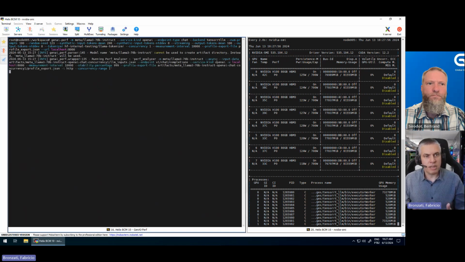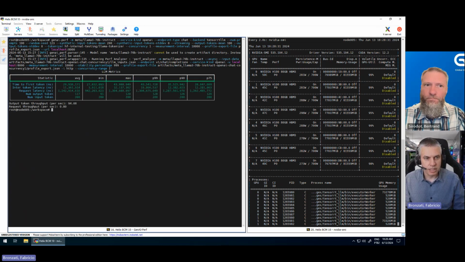And it will automatically generate the profile of the answer: the time to first token, the latency between tokens, and the total throughput that the model receives. So it's also easy to evaluate how good your performance is in your environment, selecting different profiles, for example, to verify which one is better for your application.